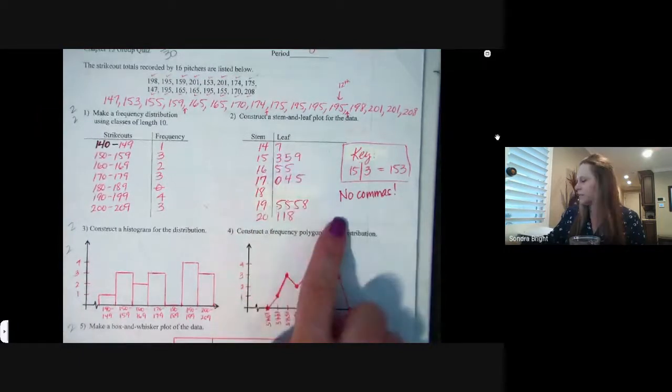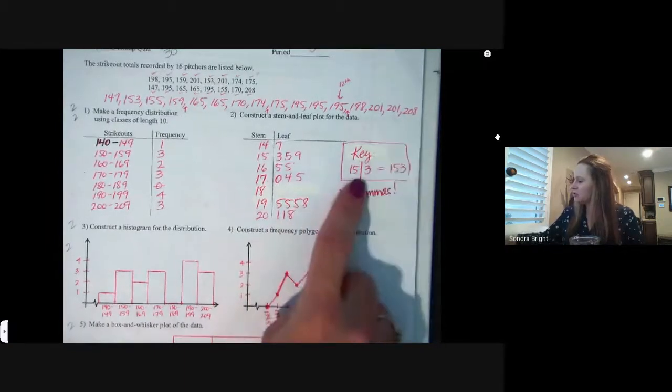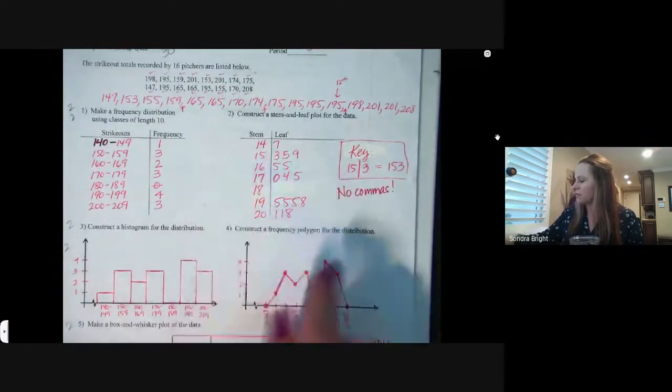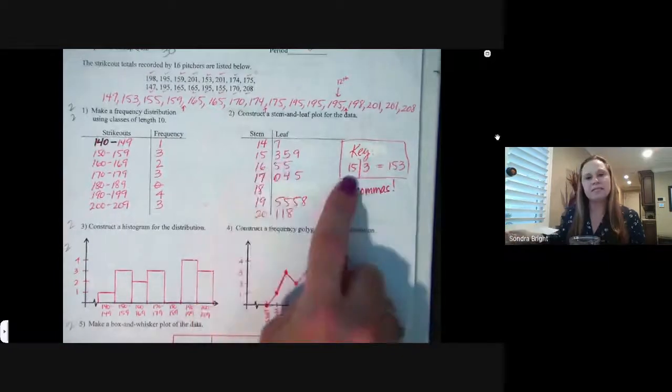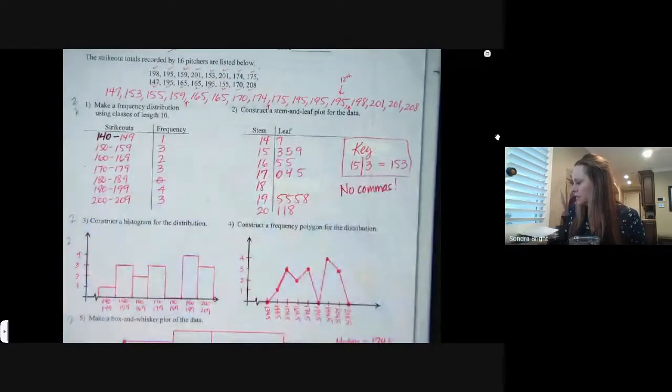Don't put commas. And then you absolutely must write a key, or some books call it a legend. And that's just, you choose any one of these numbers. It doesn't matter. I chose the 153. That 15 with the slash line of 3 represents the number 153. You have to have the key for those. All right, then we did the histogram, which is just taking each of these guys and turning them into a